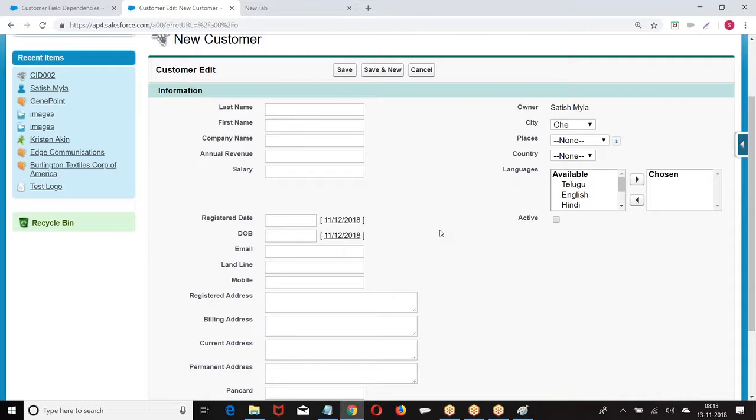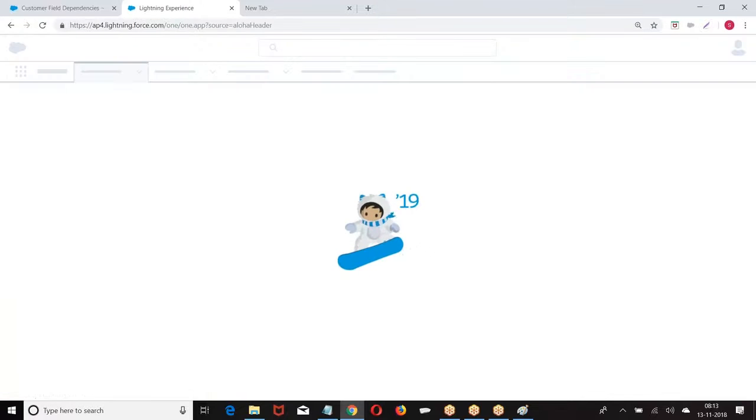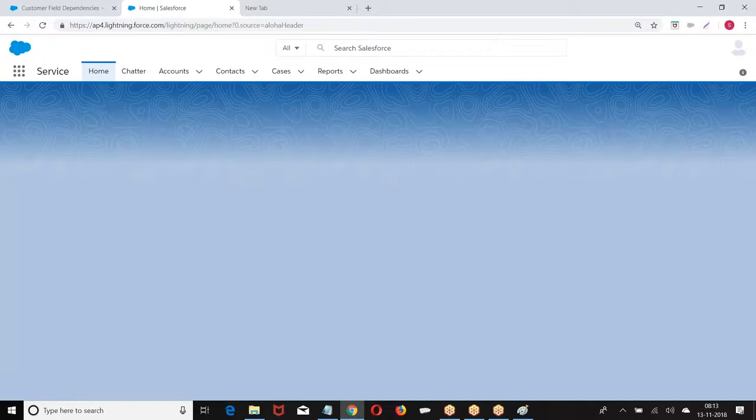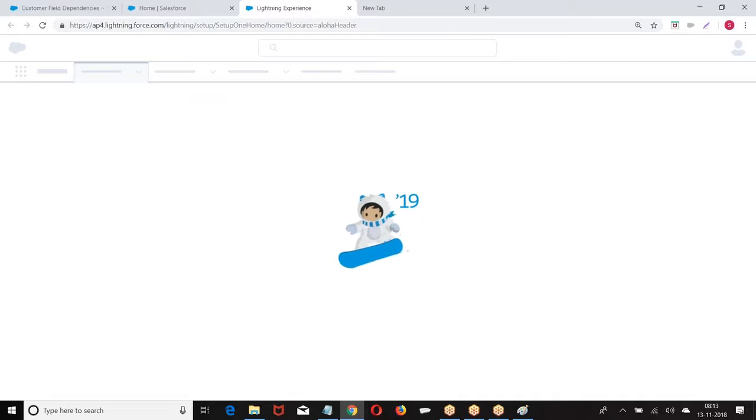Now, how do you create the same fields in Lightning? I've shown all using Classic. How do you create the same using Lightning? Go to Lightning. Setup.